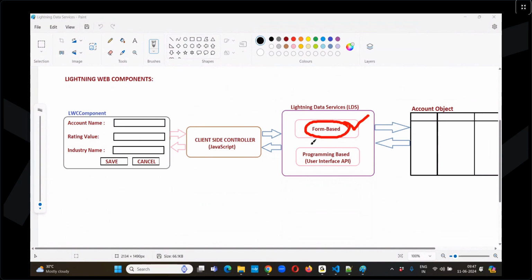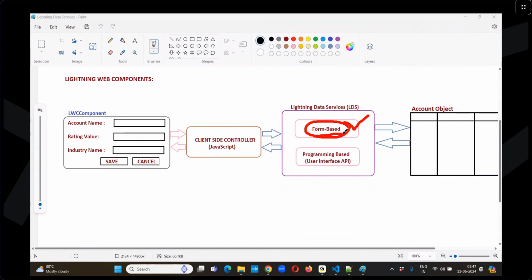Now as part of this form based approach, that means without writing even a single line of Apex programming code, just with the help of some ready-made components given by the Lightning Web Component Framework, we can interact with your Salesforce object and perform the operation. So we have three built-in components available here, like the record form, record view form,